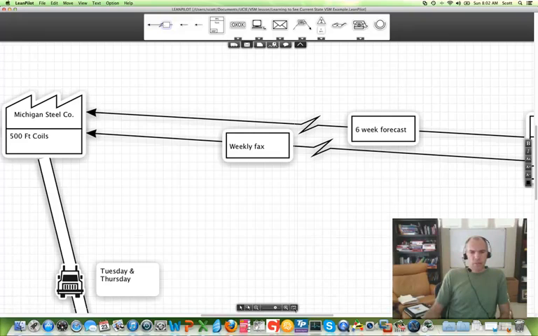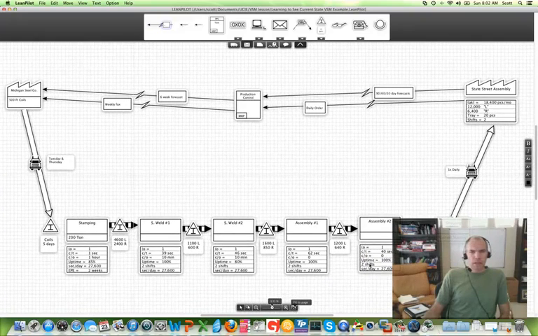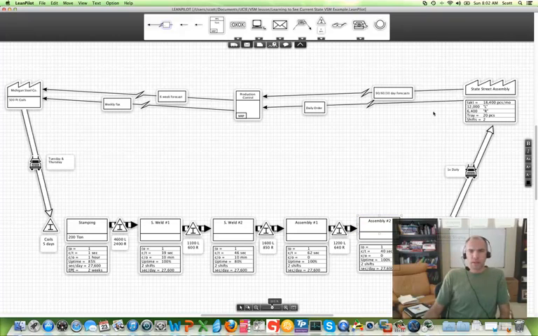So now if we take a step back and look at our map again, you can see we've started to close the loop here. We've got the forecast coming in from the customer. We've got their daily order coming into production control. We have a 6-week forecast going to our supplier along with the weekly fax. Now the last step in this process is how information flows from production control to each